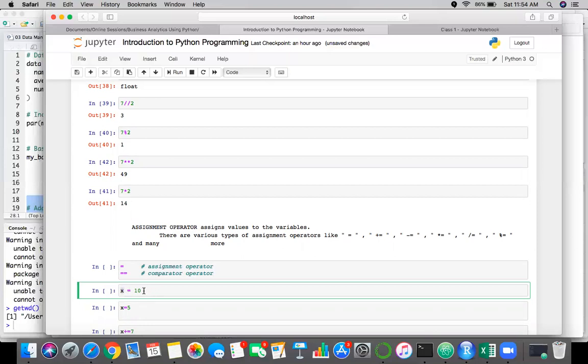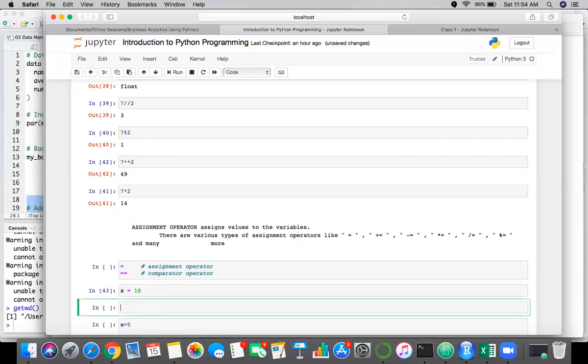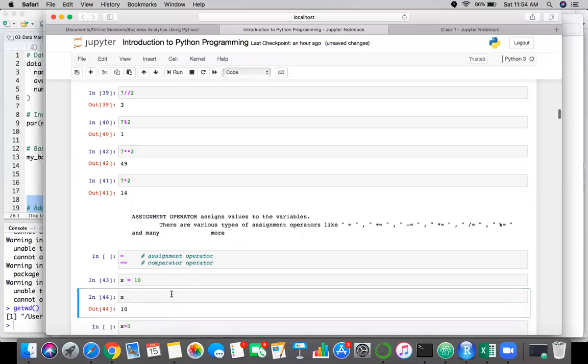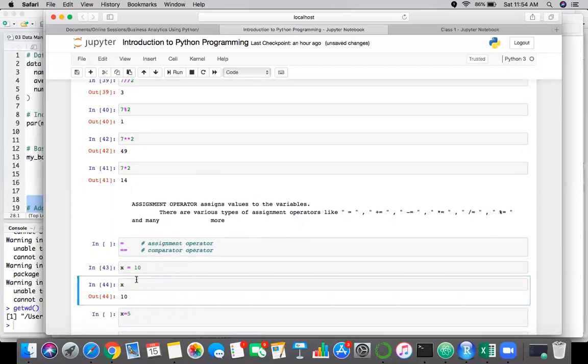So if you run it again, it will retrieve the value of 10 and give it to you as an output. Okay, this is one thing. The other thing is,